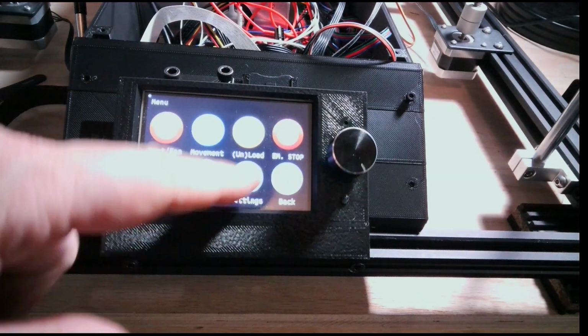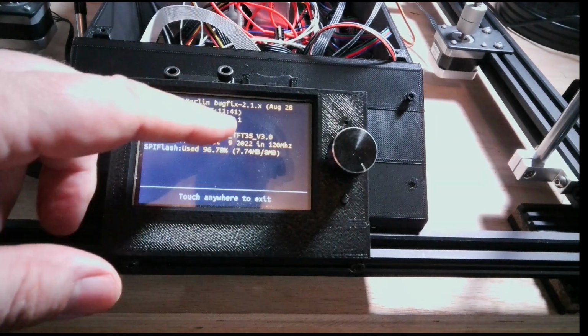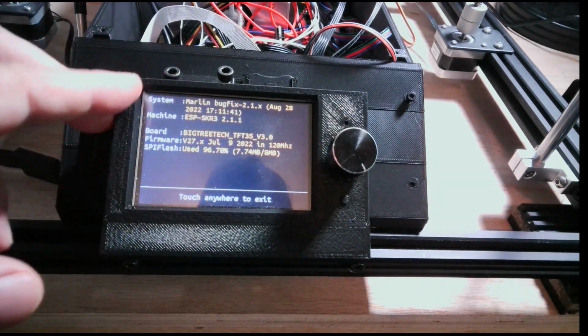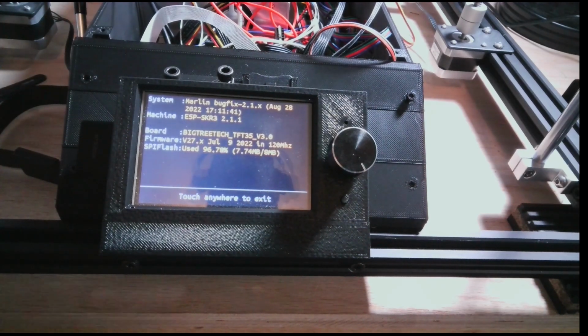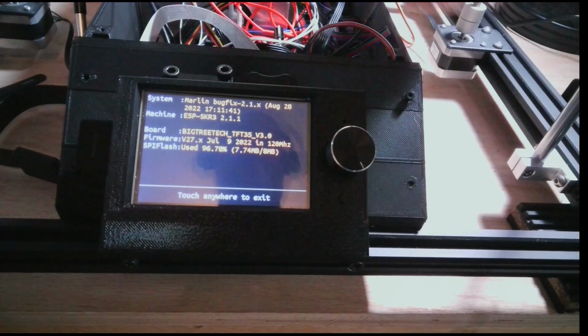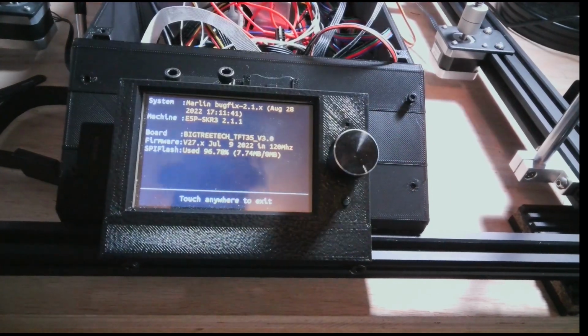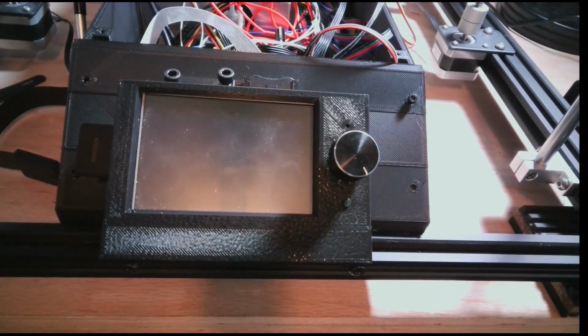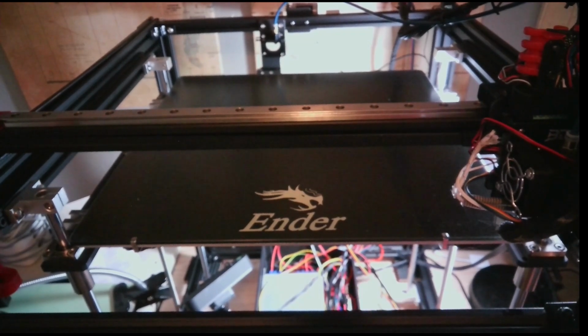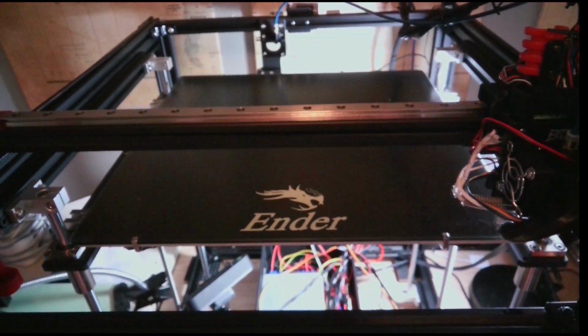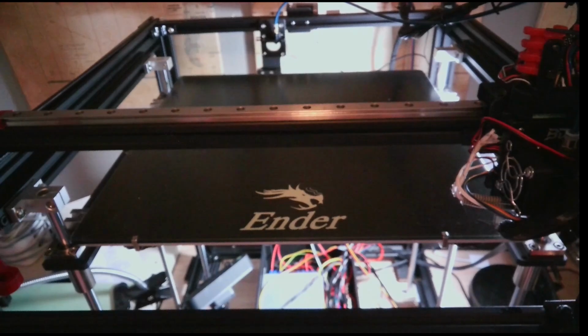See if it flashed successfully. There we go. Successfully flashed my firmware. Now let's run a couple tests and make sure everything looks good. So I'm going to run a couple quick tests here. I'm going to try to run the home, and maybe I'll run a